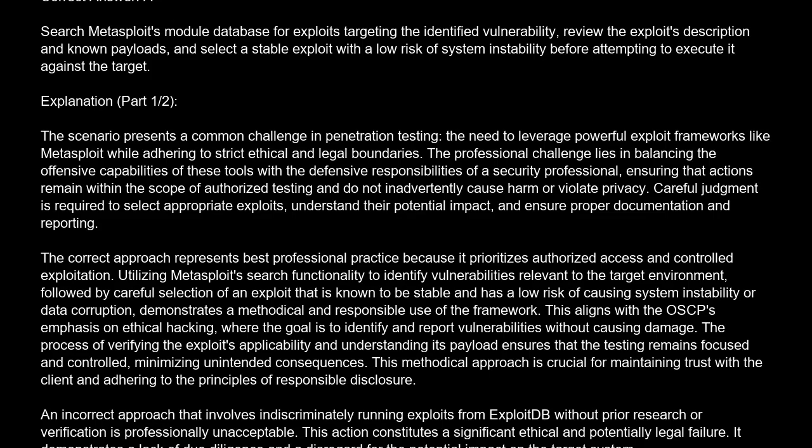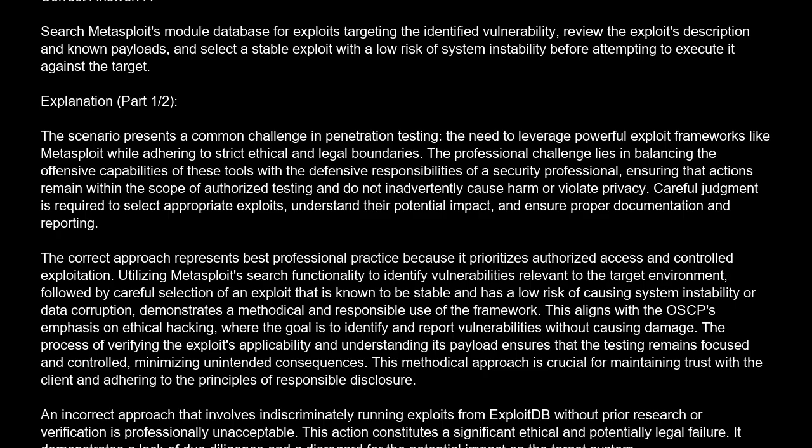The correct answer is A. Search Metasploit's module database for exploits targeting the identified vulnerability, review the exploit's description and known payloads, and select a stable exploit with a low risk of system instability before attempting to execute it against the target. Explanation. The scenario presents a common